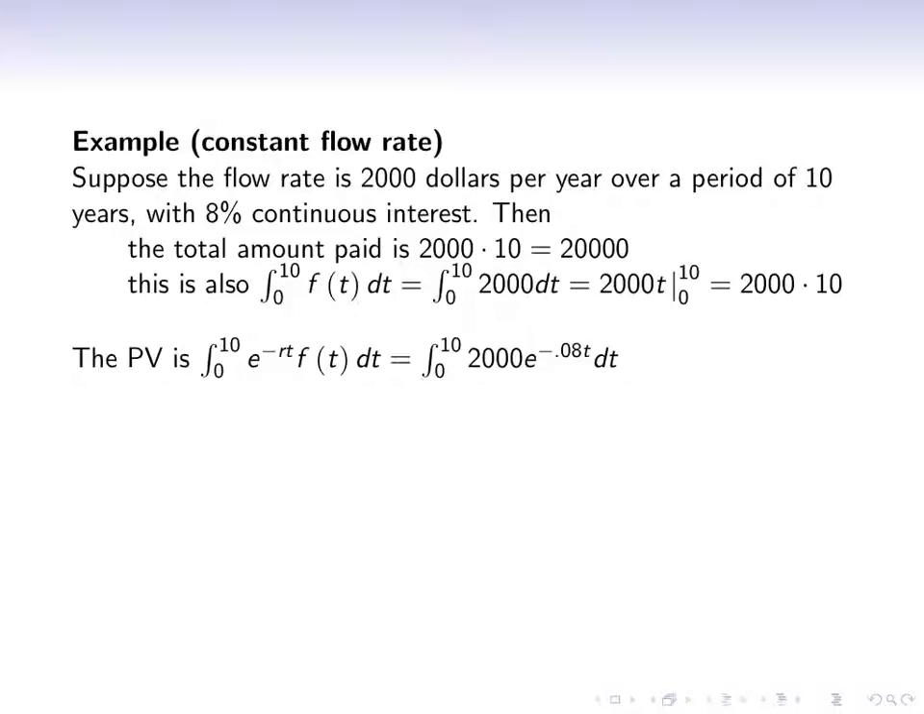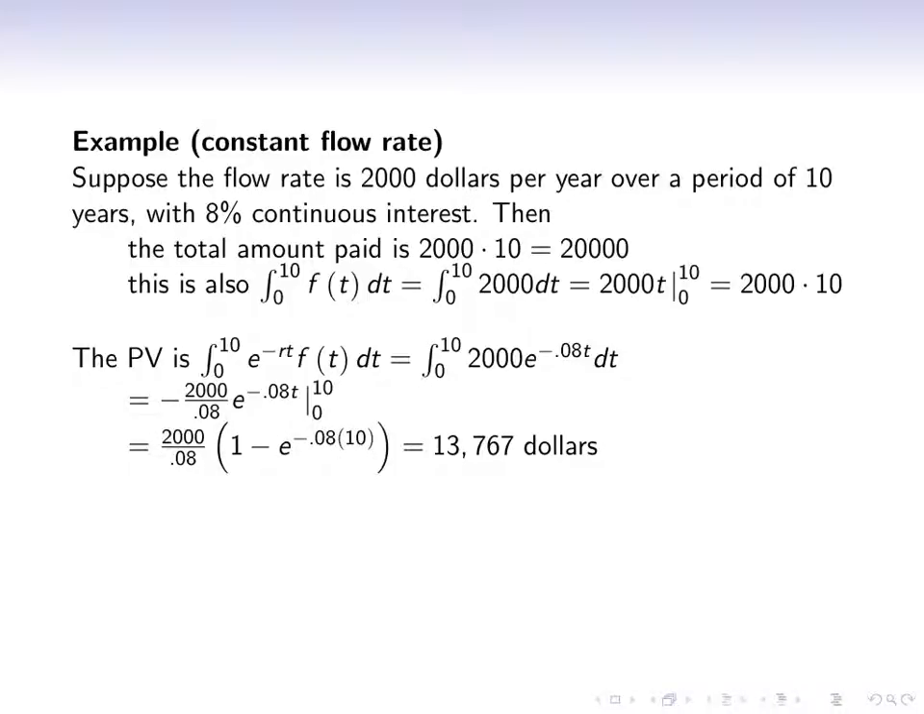Okay, the present value of this stream of payments is the integral of e to the minus rt f of t dt, so that's the integral of 2,000 e to the minus 0.08t dt. Okay, and you calculate the integral, and you integrate and you divide by 0.08, so that gives you minus 2,000 over 0.08 times e to the minus 0.08t from 0 to 10. And now you plug in reverse order, absorb that minus sign, and you get 2,000 over 0.08 times e to the 0, which is 1, minus e to the minus 0.08 times 10,